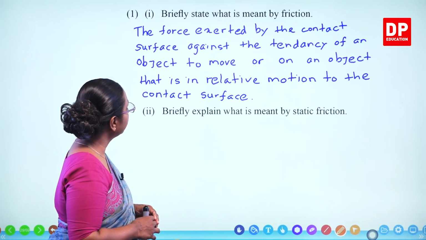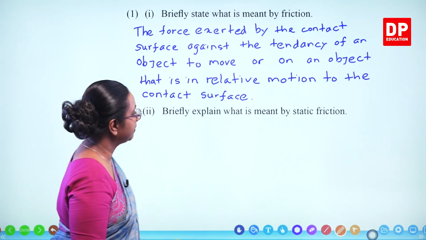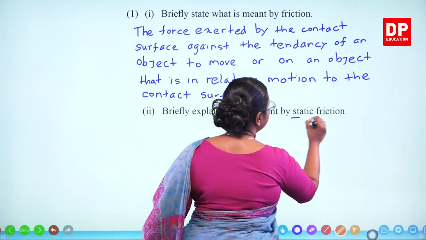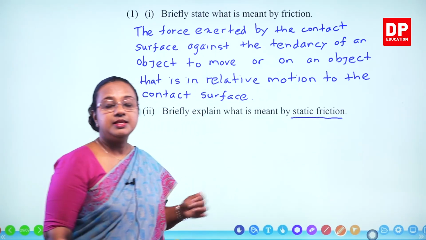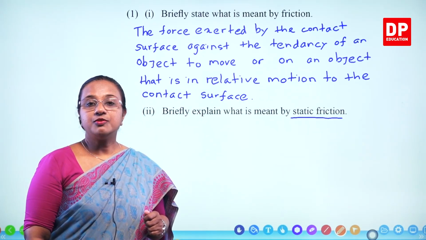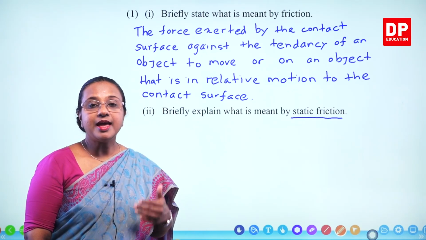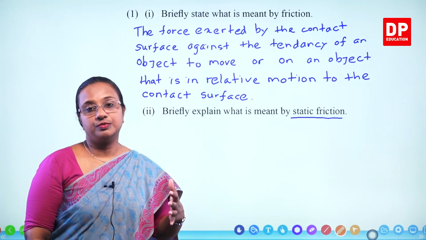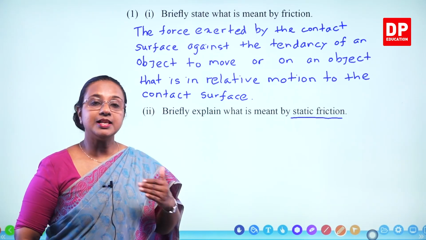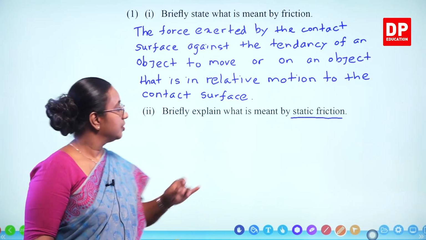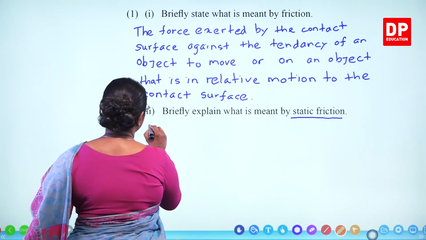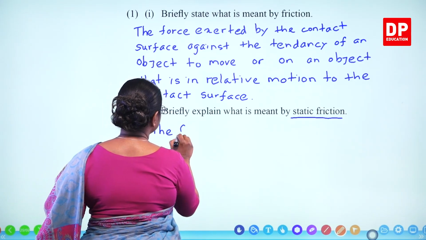The next one, briefly explain what is meant by static friction. This is the frictional force that is exerted by the contact surface when an object tries to move, but still it does not move. So here we can say the frictional force